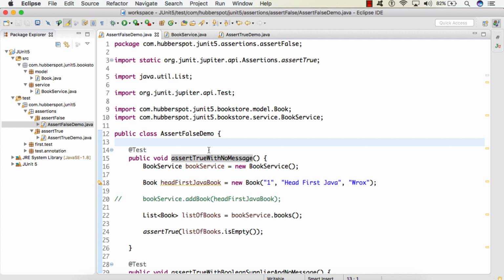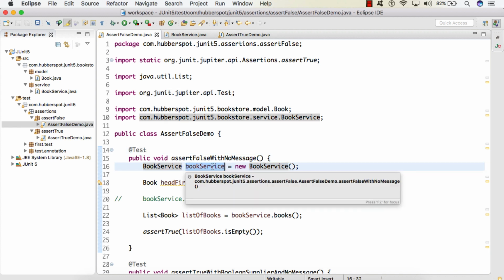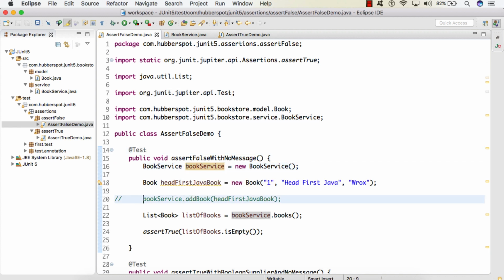So friends, first we will see the demonstration of the assertFalse method with no message. Here you can see that we have created an instance of BookService. And then we have created a book with a book ID, the title and the publisher.